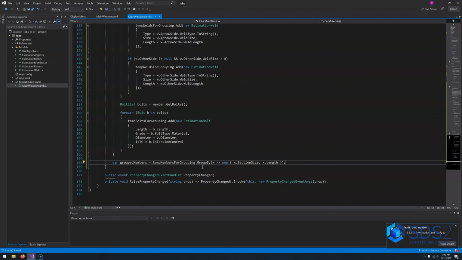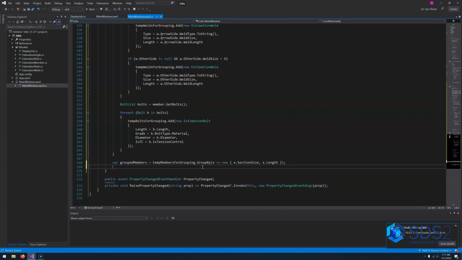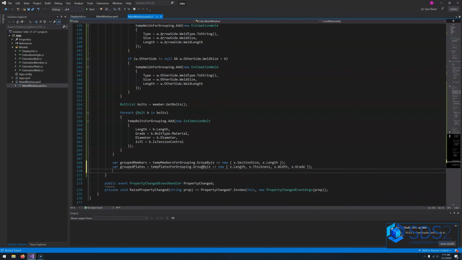Alright, so I'm sure you've got all your grouping done, but if not, we can just follow along. So here, we'll say var groupedPlates equals tempPlatesForGrouping.GroupBy(x => new object, x.Length, x.Thickness, x.Width, and x.Grade. Perfect. I'll say var